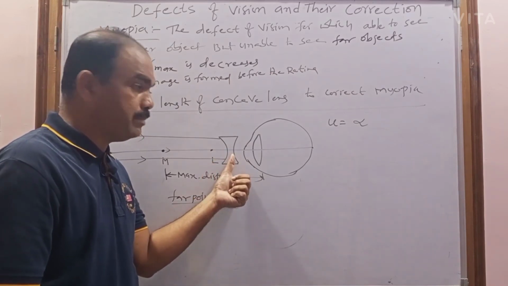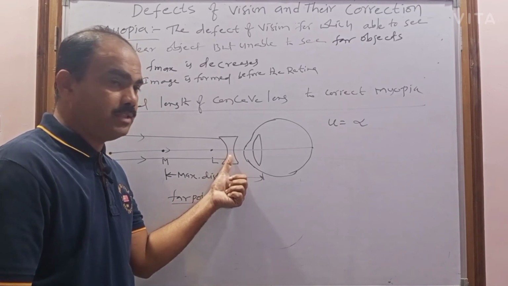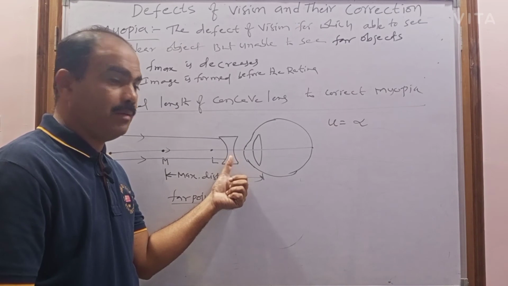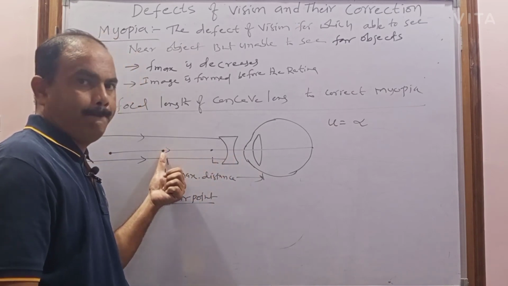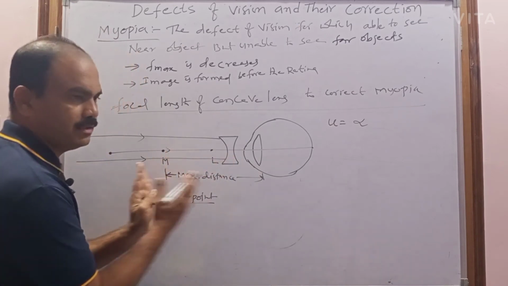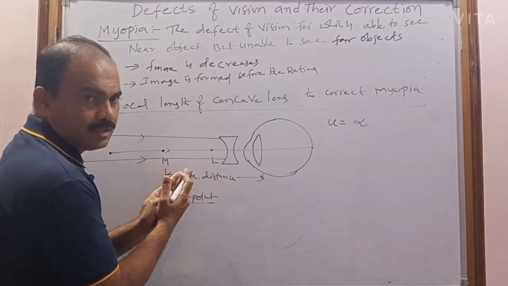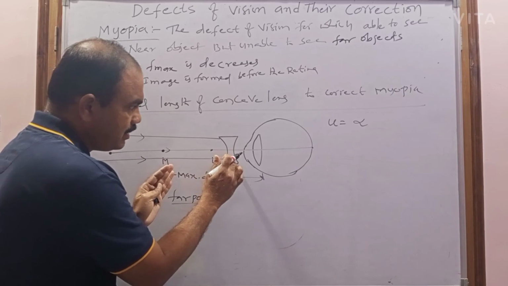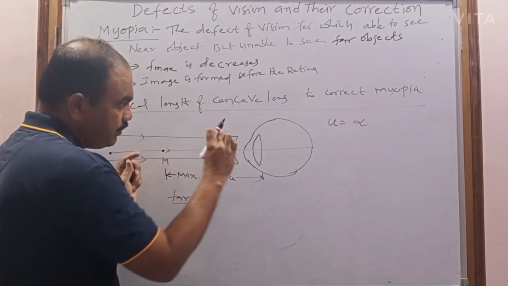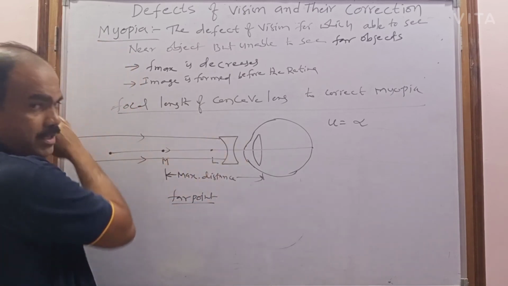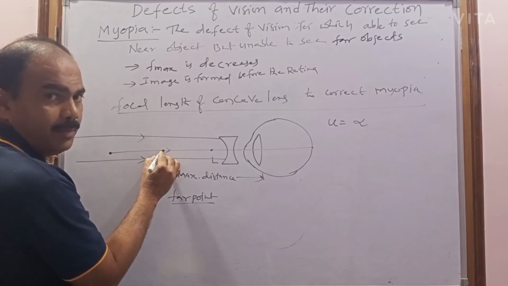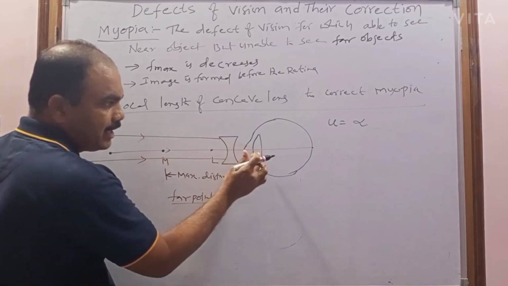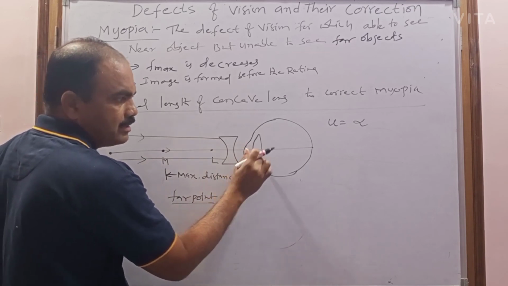Now where should this concave lens form the image? What is the maximum image distance that this concave lens can form the image? So now at M, this is a maximum distance, and this is a maximum object distance. This is a maximum image distance for this concave lens. So if this concave lens can form the image of the infinity object at M, then what happened? Now this image formed here can act as the object for this eye lens, then the image can be formed on the retina.